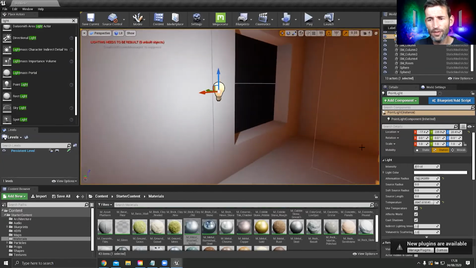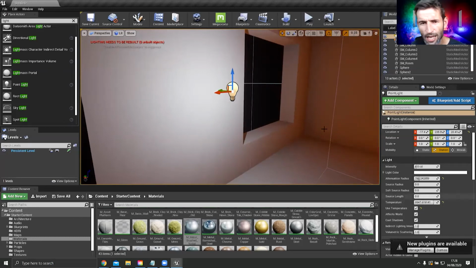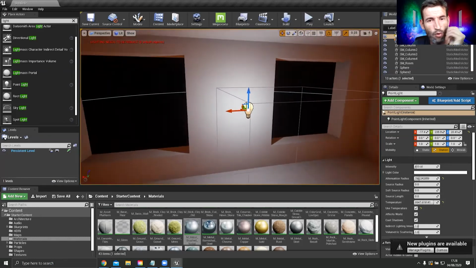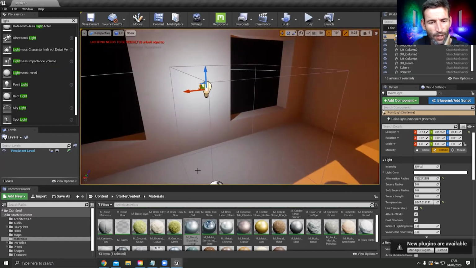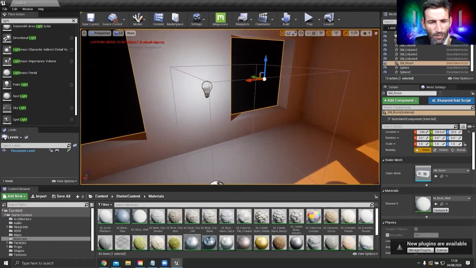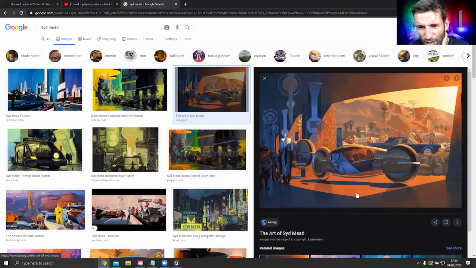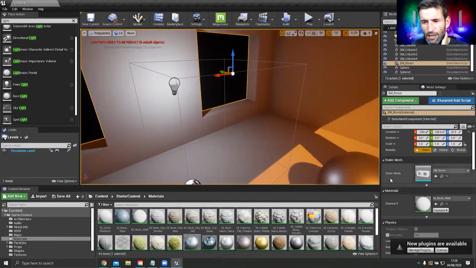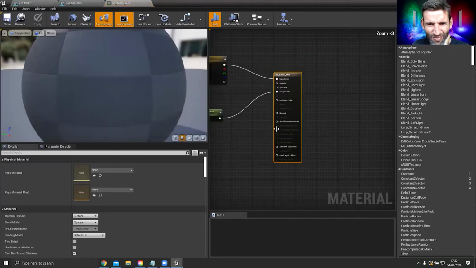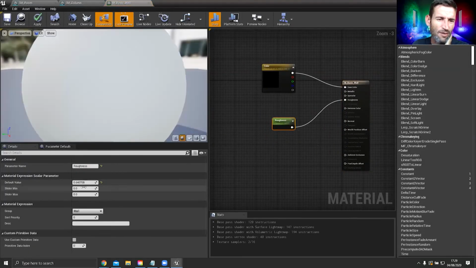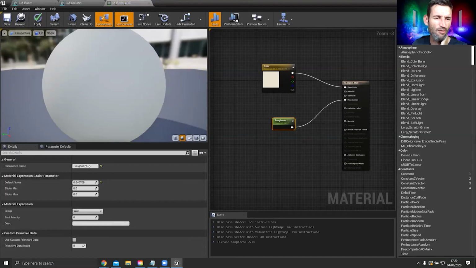And if I want to look at the scaling of the light, so the source length, I can put some more reflective surfaces into this environment. So if I select this environment, again, if I look at my reference, I can see there's reflection in some of this surface. It's got some polish to it. So if I go to my basic wall material and double click on it, I can adjust this roughness value. Roughness is what's going to be the reflective elements of the kind of dust and weathering of your surface. So if I take that down to a